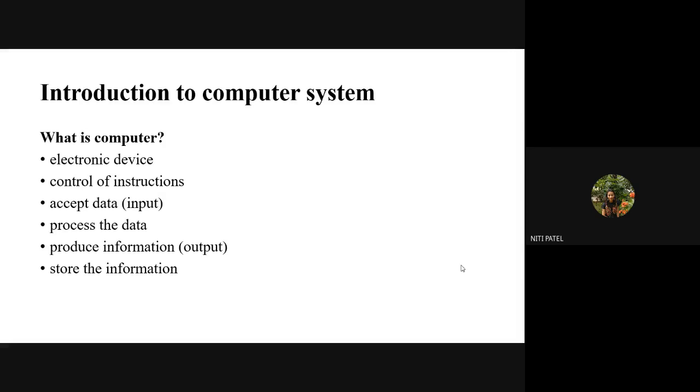So let us consider one example of a program, which is addition of two numbers. What input does a user give? It gives the input of two numbers, say suppose 2 and 3. What will the system do? The system will add these two numbers, that is 2 and 3. After the addition is done, it will generate a result 5. After the result is generated, it will first store that result temporarily in the buffer. Once that output is displayed on the screen, it will remove it from the buffer.